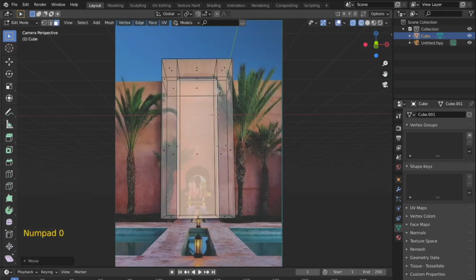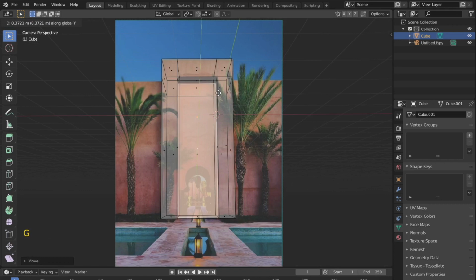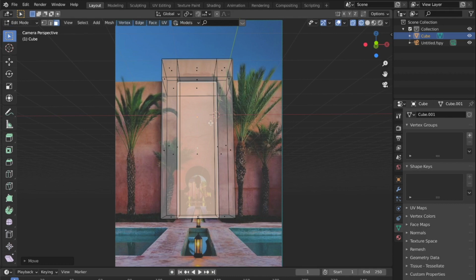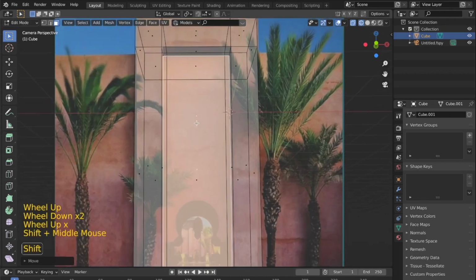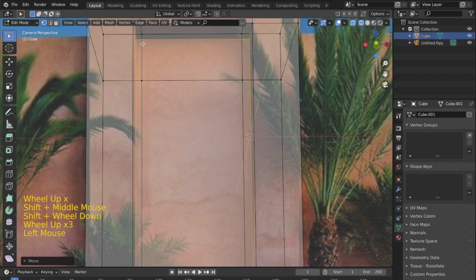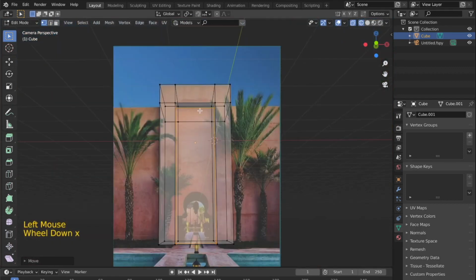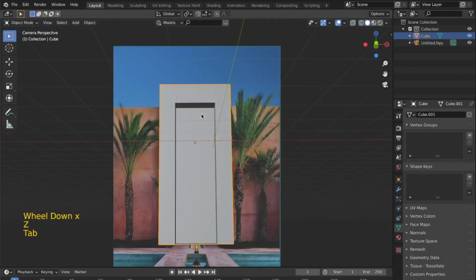Now when you go back into the camera mode and you press G and Y to move it, you can set it across using the reference image. So roughly this much would look fine, as over here the edges are somewhat matching. So we are done with this part right now.